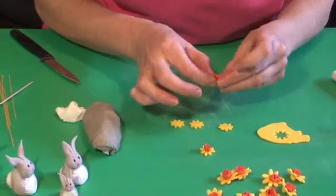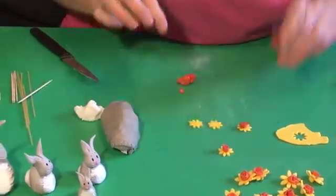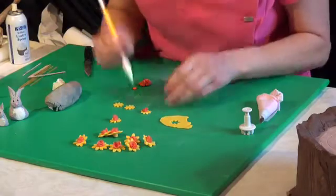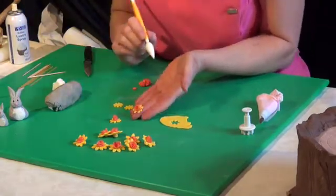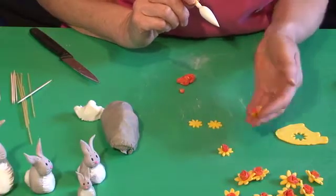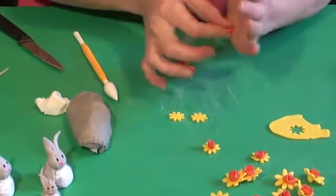Then fold it in half, fold again, and then pop it into the middle of your flower, and then push your tool into the centre, and you've got a little daffodil head. Okay, so let's do another one. A little tiny ball of orange,